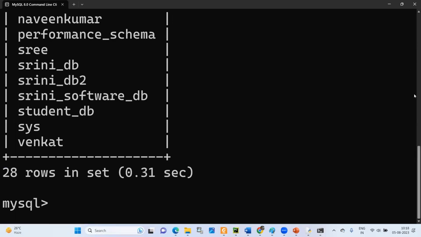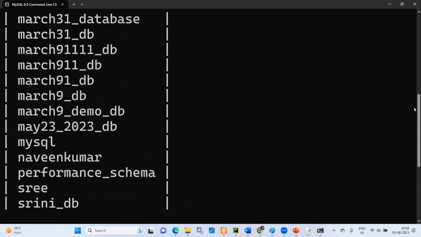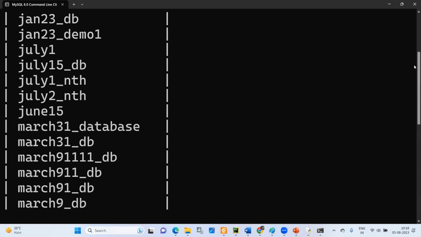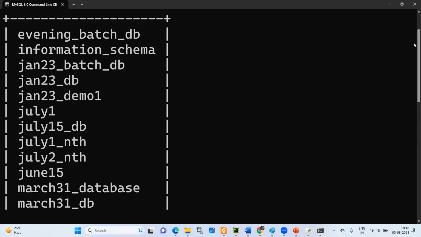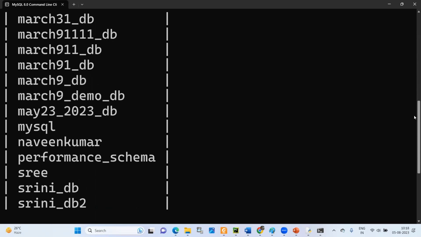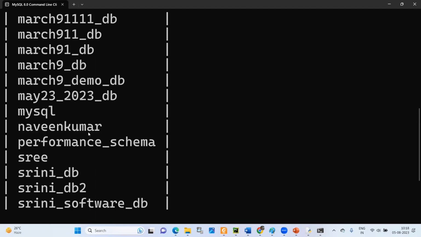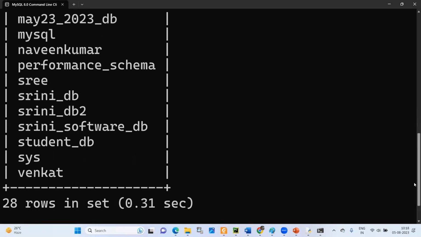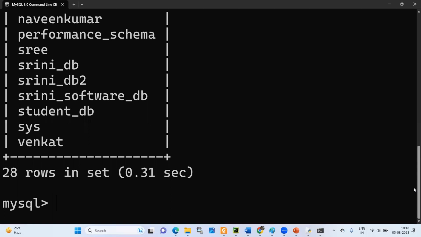You see, these many databases I have created on top of MySQL in earlier classes and earlier batches. Am I clear? Just now, whatever data I gave from the front end has been stored into a database called Naveen Kumar database. Use Naveen Kumar.